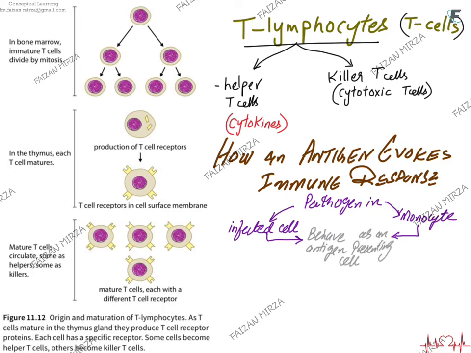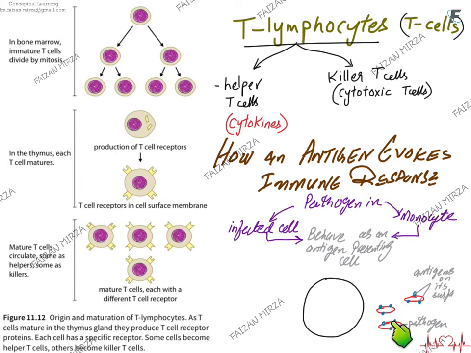And what is an antigen presenting cell? Let's suppose this is the cell that you have. This is either the cell about to be infected or a monocyte. These are the pathogens, they have the antigens. These blue dots are the antigens on its surface. So what will happen? These pathogens gain entry into the host cell, and they start to divide and multiply.